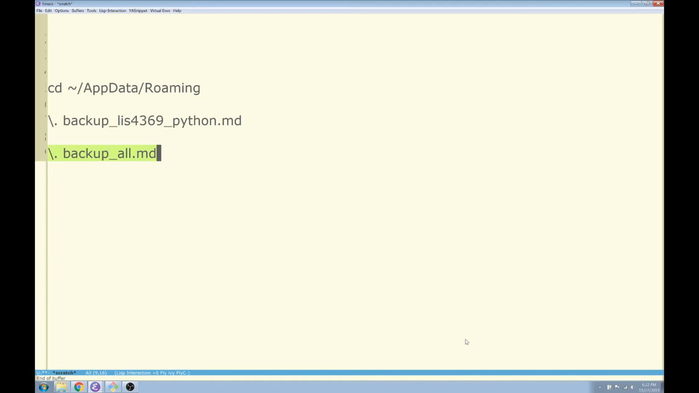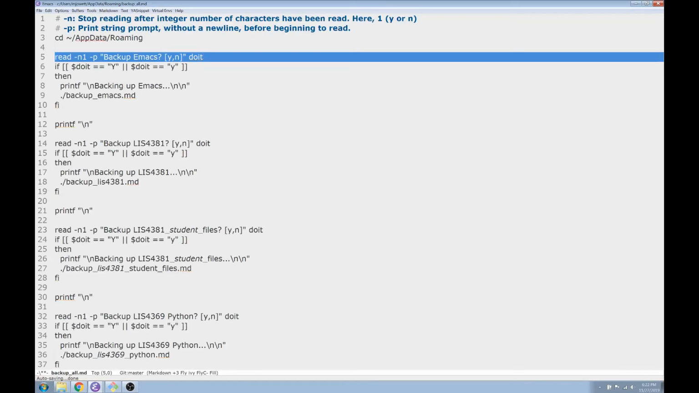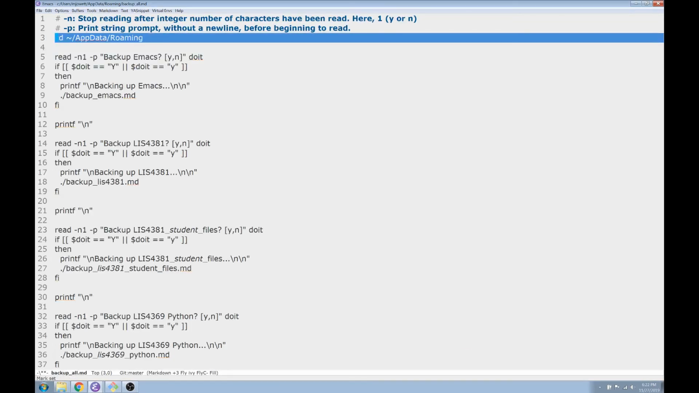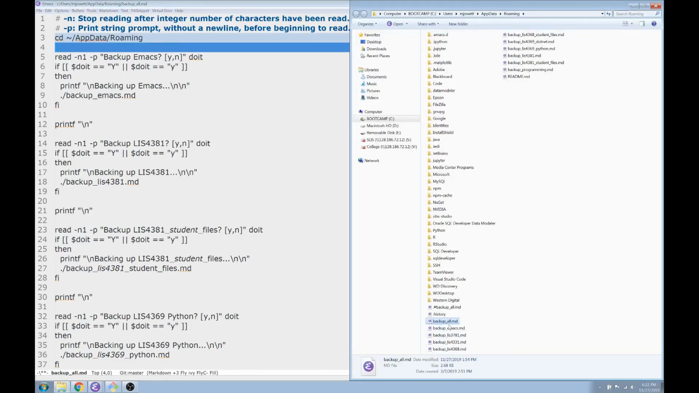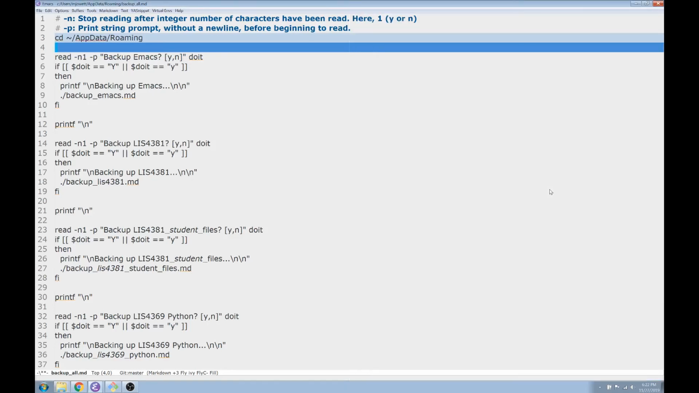But if I'm calling it and I'm not in this directory, look what the first command does. It first makes sure that I'm CDing to my roaming directory. So it's going to force me to be in this directory to grab this file and any of the other files as well. All right, so that's the first thing. It changes directory. Now,